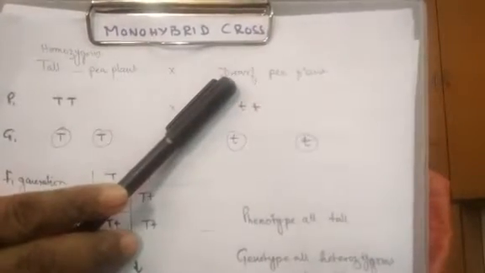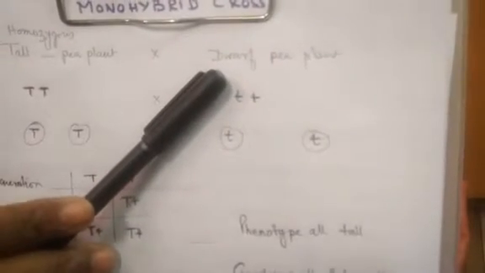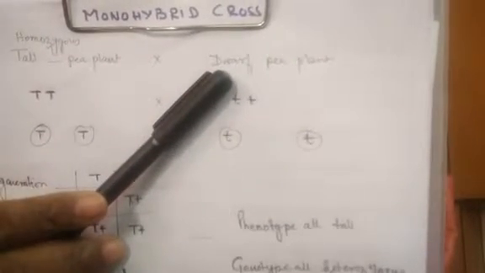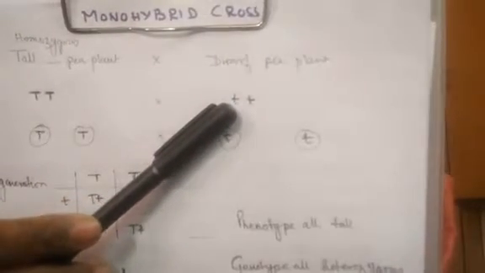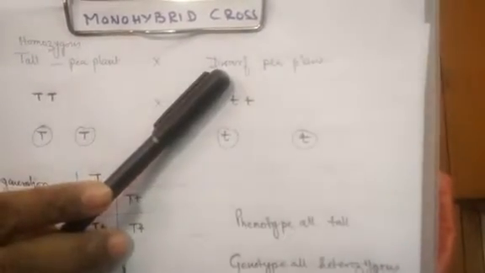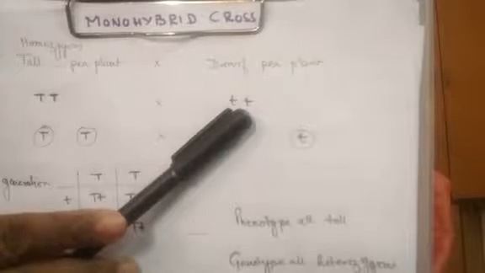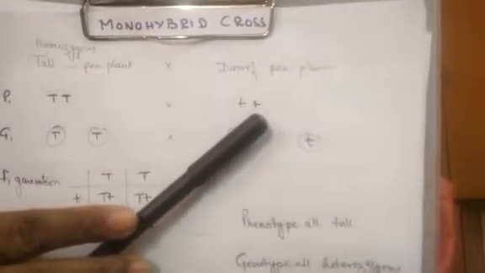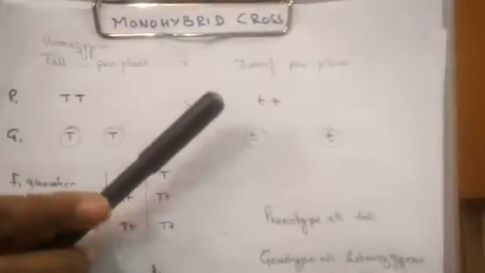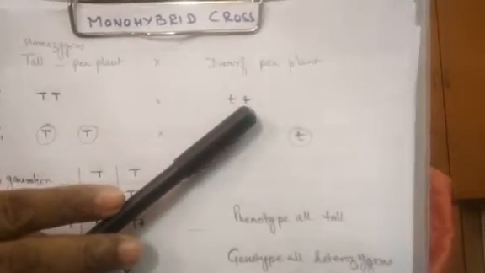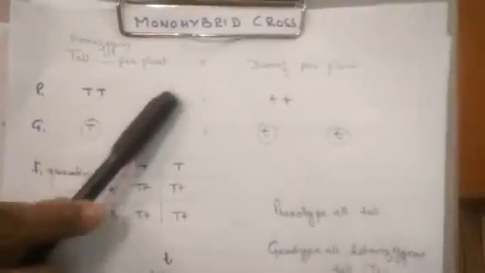Dwarf is the recessive character here. And we know what is meant by recessive character. A recessive character cannot express itself unless it is in the homozygous form. So when it is only told that it is dwarf, we can consider it is in homozygous form, because otherwise it could not have expressed. So we will take the small t as the other parent. So our homozygous tall pea plant is crossed with a dwarf pea plant. For homozygous tall we are taking capital T, and for the dwarf pea plant we are taking small t, because the recessive factor is always expressed when it is in homozygous condition. Now, these are the parents.